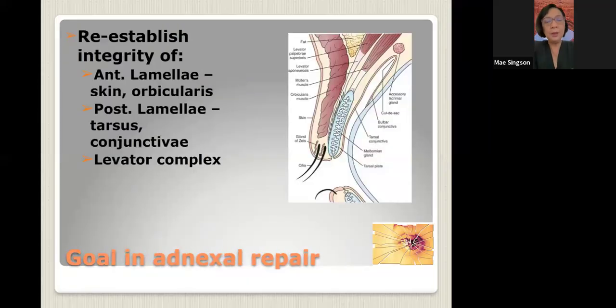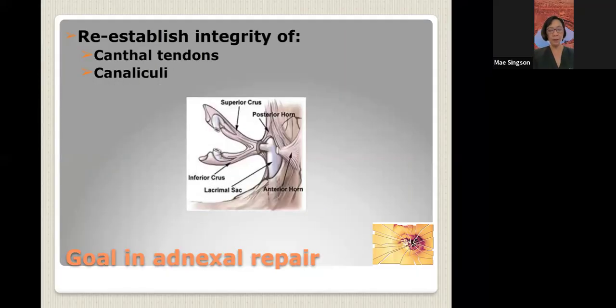Next. Okay, now let's go to the lid repair proper. In repairing adnexal eyelids, always remember to reestablish the integrity of first the anterior lamella, which is your skin and orbicularis, and the posterior lamella, which is your tarsus, levator complex, conjunctiva, and Mueller's muscle. Next. Reestablish the integrity of your canthal tendon and canaliculi. It's always very important to find out the close proximity between your canaliculus and your medial canthal tendon complex,